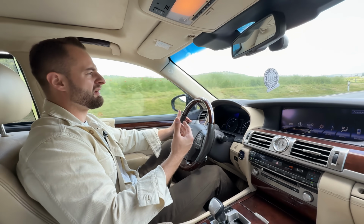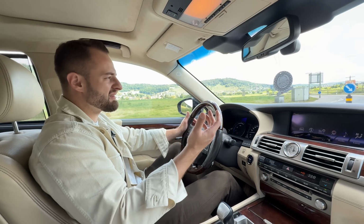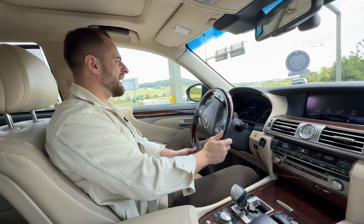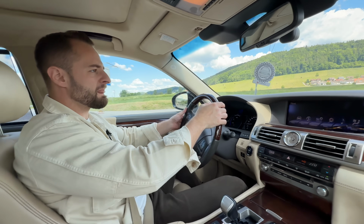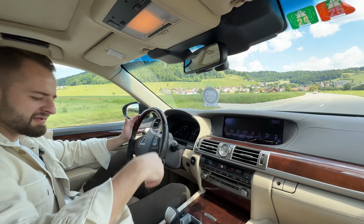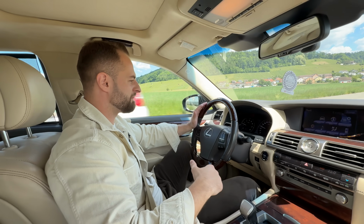I don't think that anything could actually make me feel better than this Lexus right now. Maybe a Rolls-Royce, but I can tell you one thing. I didn't feel that comfortable in the latest Bentley Continental. So check this. Seamless. And when we put it into sports mode, and now press the kick down,